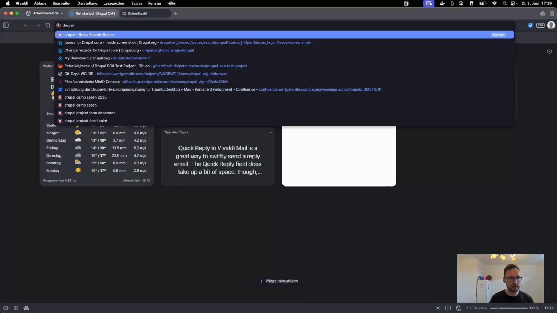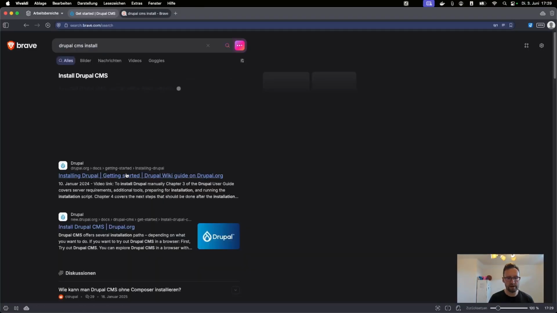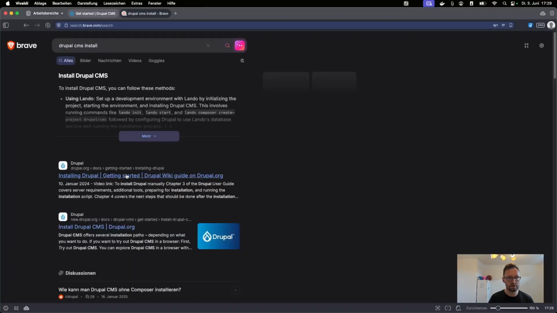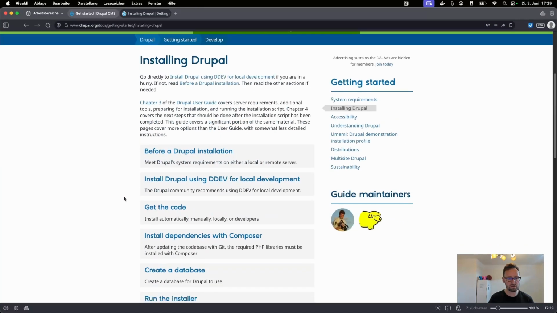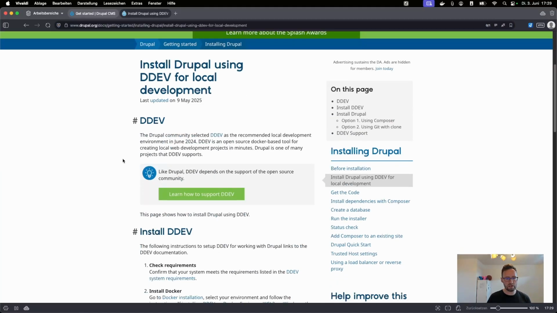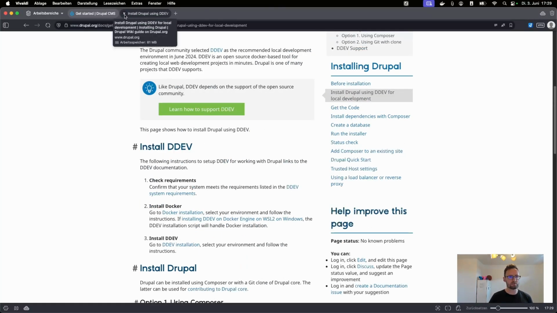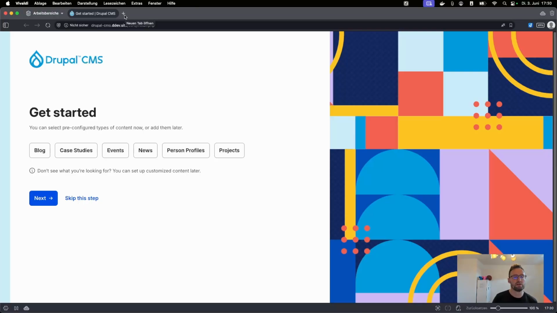You can easily check how to install Drupal CMS via drupal.org. There are instructions, so you can easily read the documentation and install Drupal CMS via DDEV. You will find the instructions. So let's say we have downloaded all the code via Composer and we are running now Drupal CMS in our